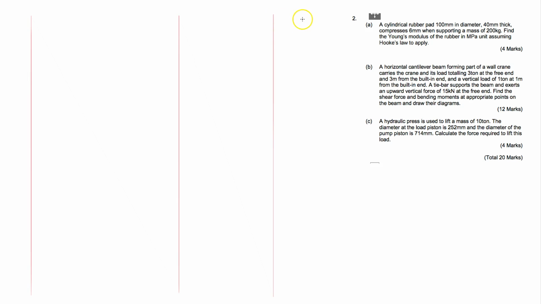So I'm going to at the start have a diagram. Then I'm going to have my shear force diagram. And then my bending moment diagram. So this is my beam. And we've got a force of